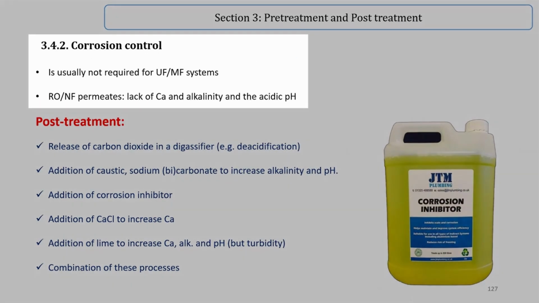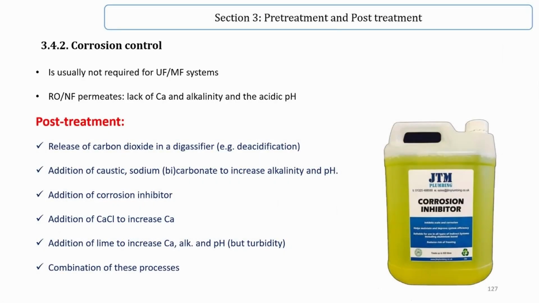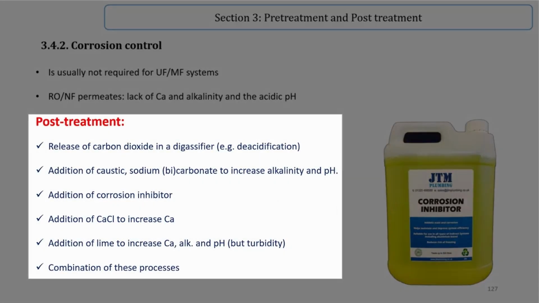Corrosion control is usually not required for ultrafiltration and microfiltration systems. It is needed for reverse osmosis and nanofiltration permeates, which lack calcium and alkalinity and have an acidic pH. Some of the post-treatments to control corrosion are release of carbon dioxide in degasifiers, such as the deacidification process, or